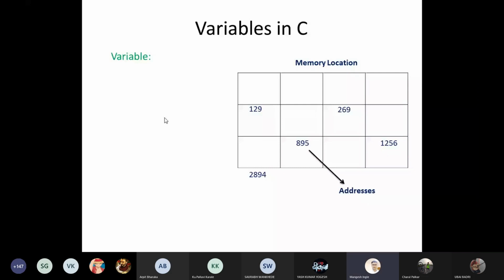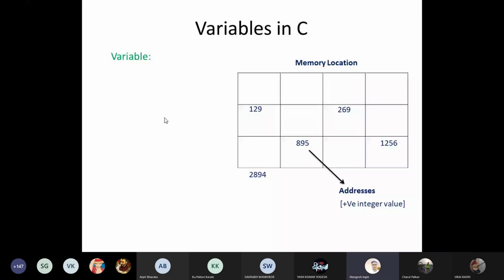So it is called an address. Till now, you can see the memory structure, and each and every memory block has its own unique address. In technical terms, we call the address a positive integer value. Remember, you cannot find any address with a negative value. Each and every address will be a positive integer value.